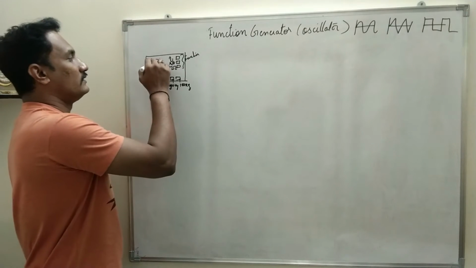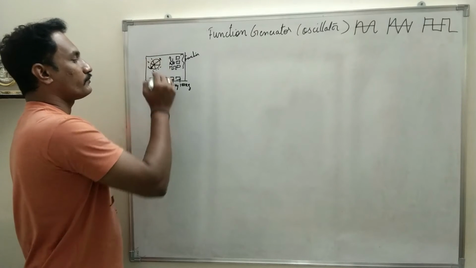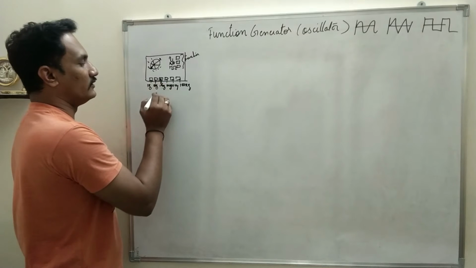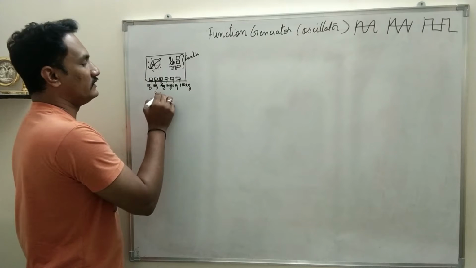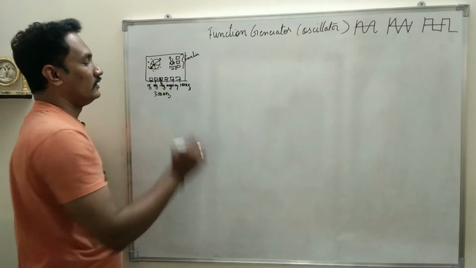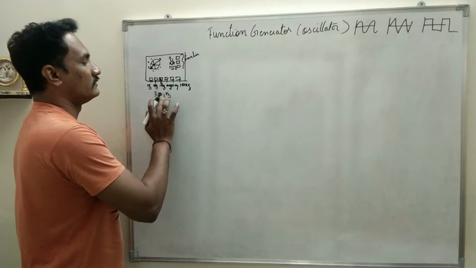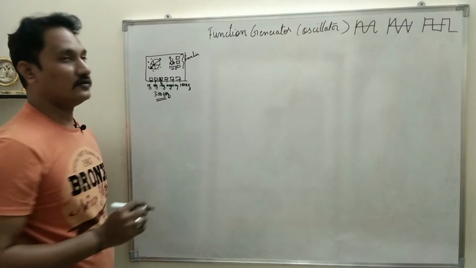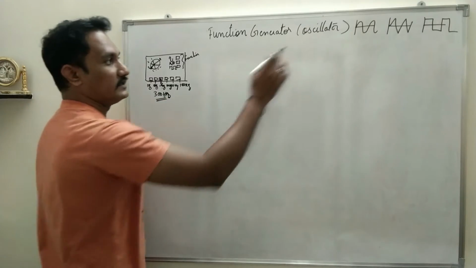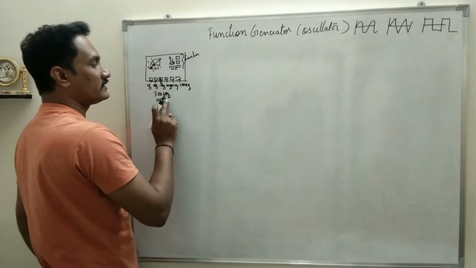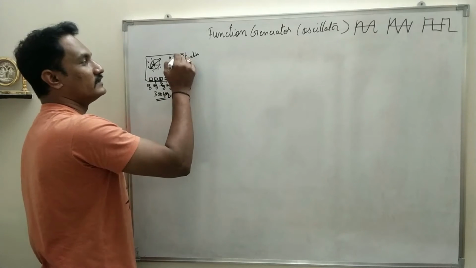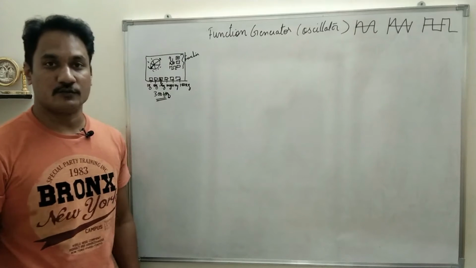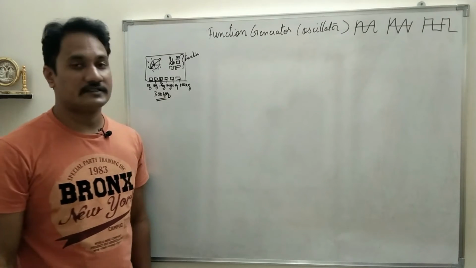So if you select say 3 and you select the knob which belongs to 100 hertz, the frequency will be 300 hertz. 3 multiplied by 100 hertz is 300 hertz. So this is how frequency will be selected. The oscillation produced will be of 300 hertz, and if you select this one, it will produce a sine wave. So such a circuit has to be designed. That will be a function generator.